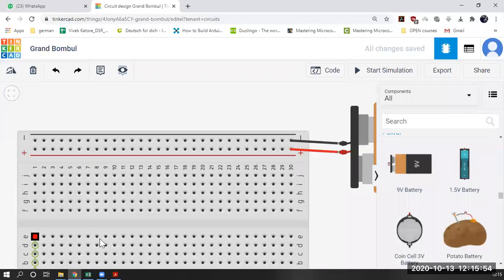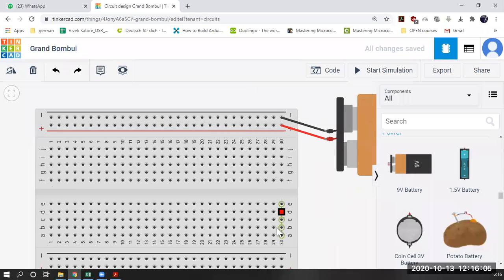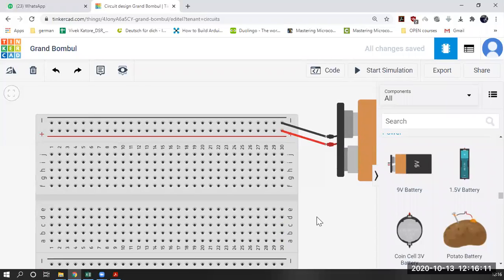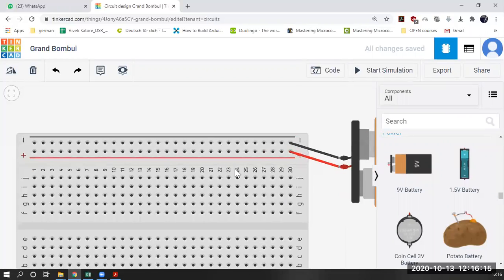Whenever you hover your mouse, if you want to check where this hole is connected, you can see that this hole is connected on this line only. Okay, and all the other lines don't relate to it. Okay, so rather than diving deeply here,